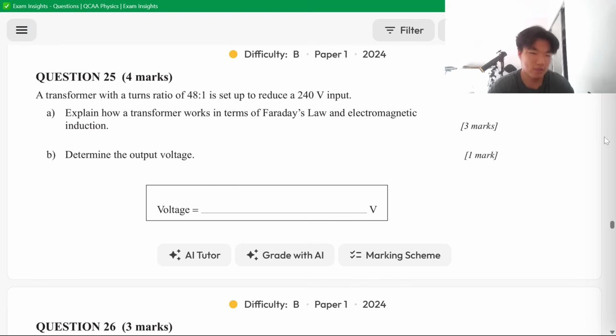First, you need to recognize that transformers only work in alternating current, so AC. You need to use AC because of Faraday's law. What is Faraday's law? You need to use alternating current as it allows there to be a change in magnetic flux, which corresponds to Faraday's law, as a change in magnetic flux will induce an electromotive force, or it will create a potential difference